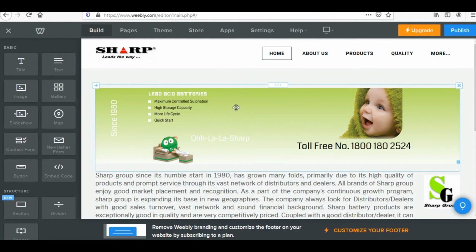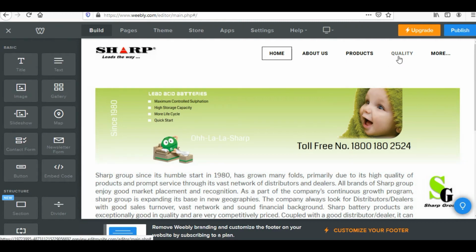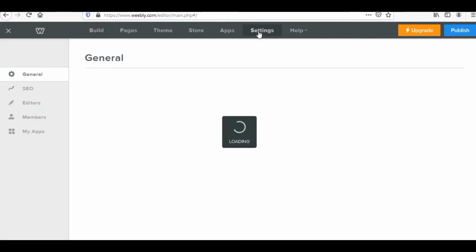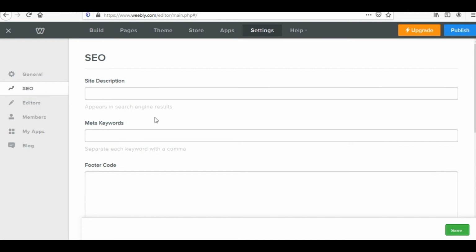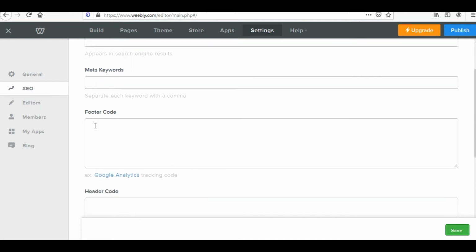Now I am going into my Weebly editor. Whatsoever different services you are using, maybe Wix, Weebly or Squarespace, or you have created your website on WordPress, the logic would remain the same. You simply need to go into the settings, and under SEO, I am going to my footer code.